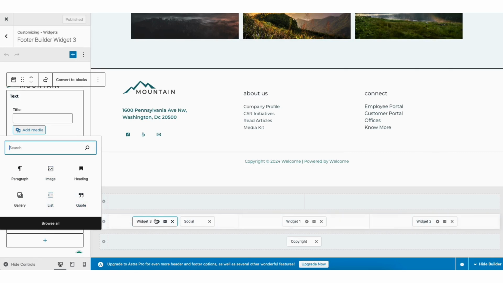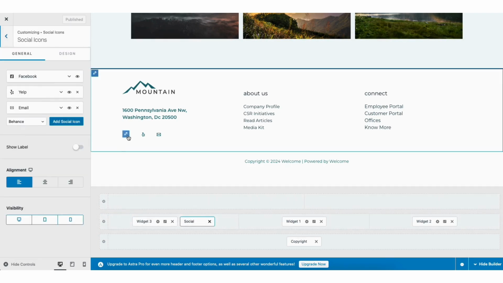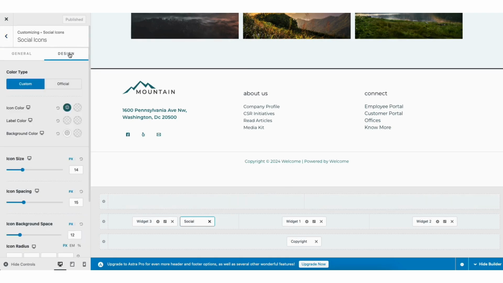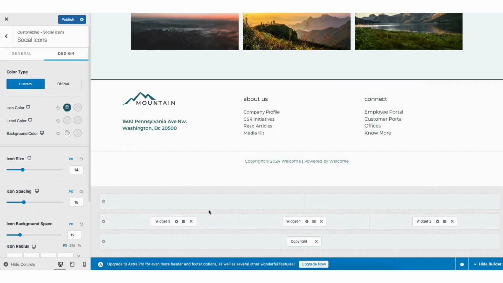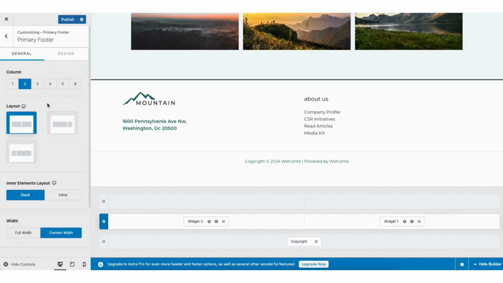If you click the design icon, you can then make additional changes for that section in the footer. If you click the social media icons, you can easily edit, add, or remove social media profiles for your WordPress website. If you click design, you can make more changes like the colors, sizing, and more. If you don't want something in the footer of your site, click the X button to remove that area from the footer. If you click the pencil icon here on the left-hand side, you can then choose how many columns you want your footer to be. You can then click the plus icon to add sections to that part of the footer.